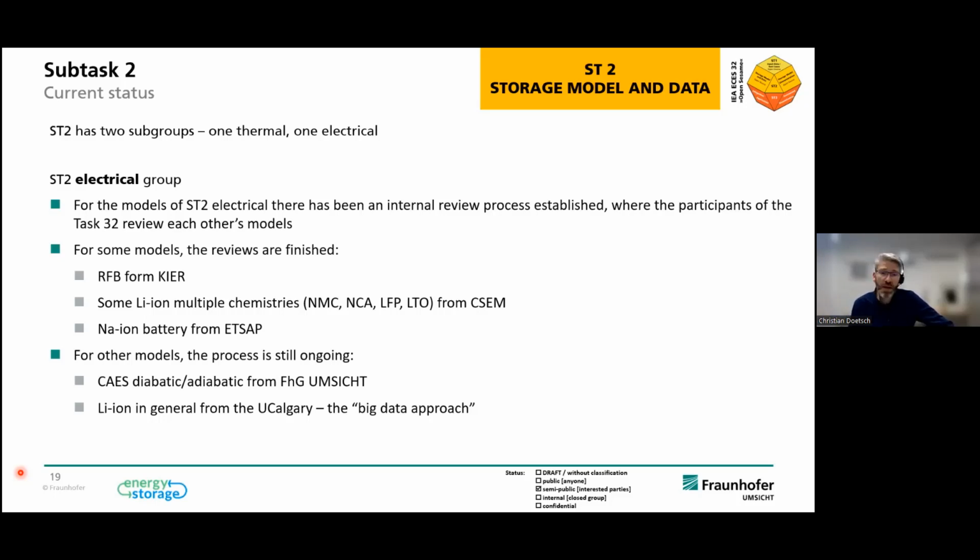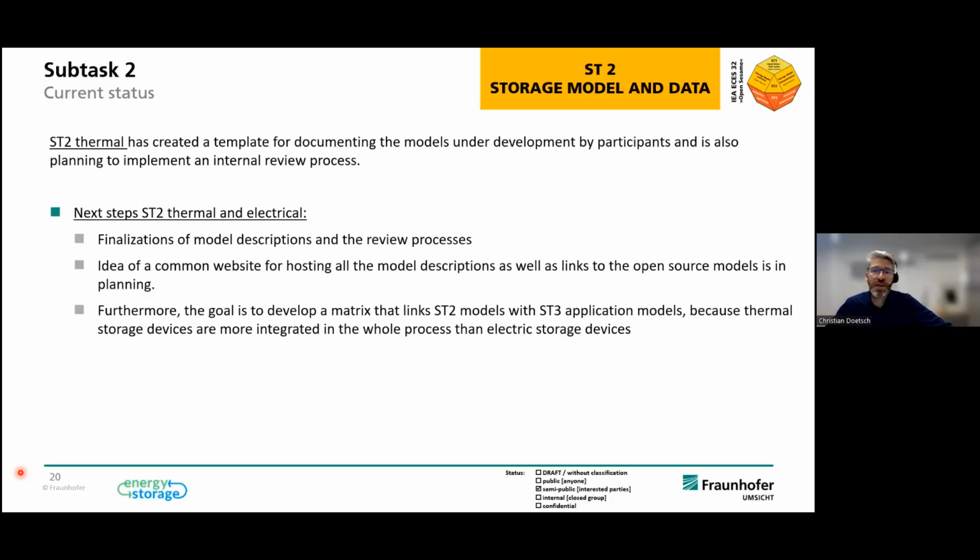But this is under examination at the moment. Subtask 2, the thermal side, is a little bit more complicated. As everybody knows who is in charge of thermal storage devices, while an electric storage device is more or less a single unit,